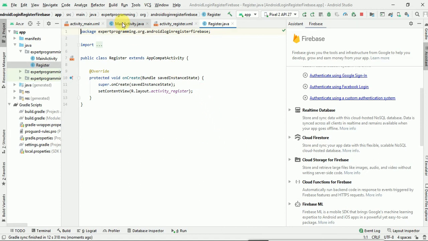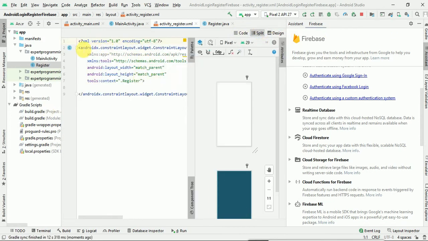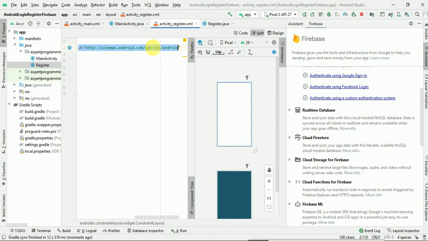Now suppose we will run. Here I will give email ID and password.